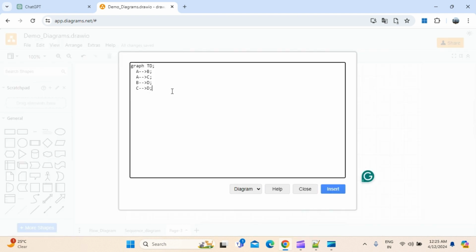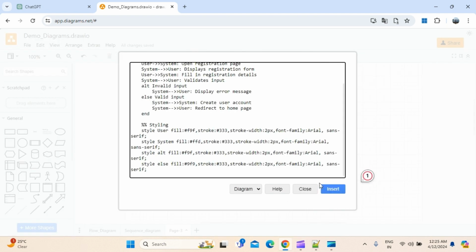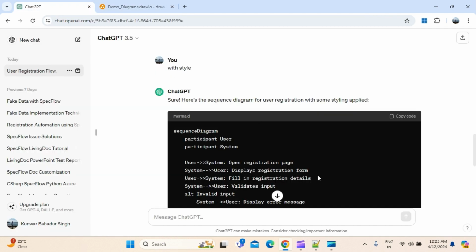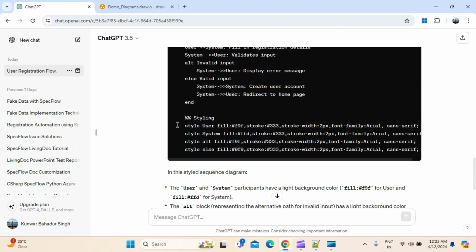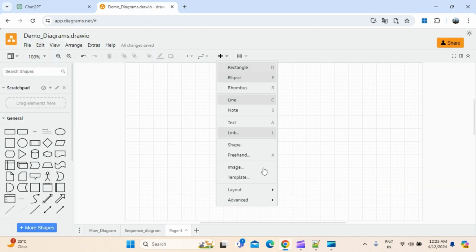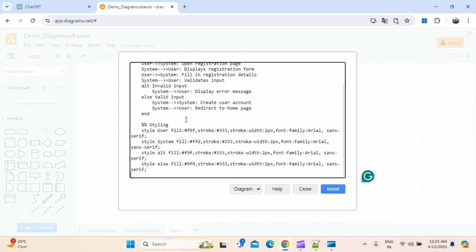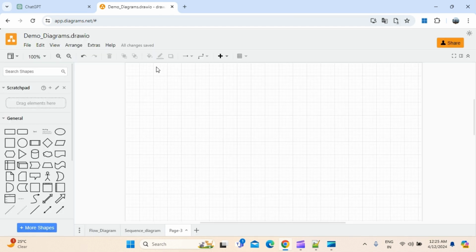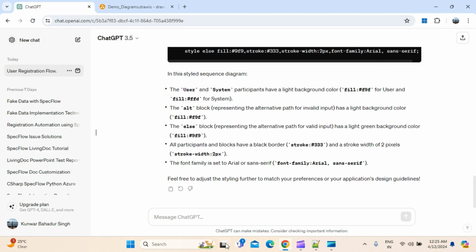And if you use these styles, whatever styles are there, it will allow you to automatically apply the style as well, right? Because this tool is not supporting it, or there is some issue in the syntax. So if I copy and paste it, it's giving an error. So basically it's not supported as of now, but if you try it with other tools, it will work. Now let me go there and